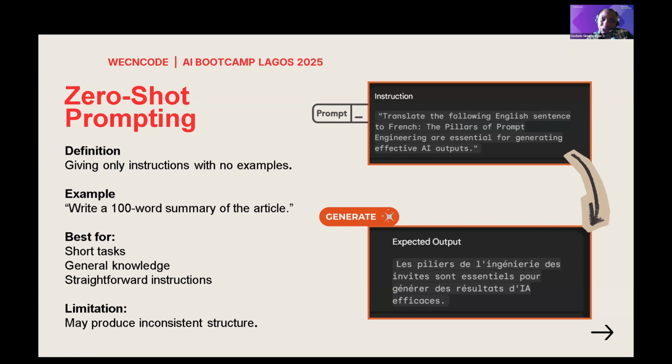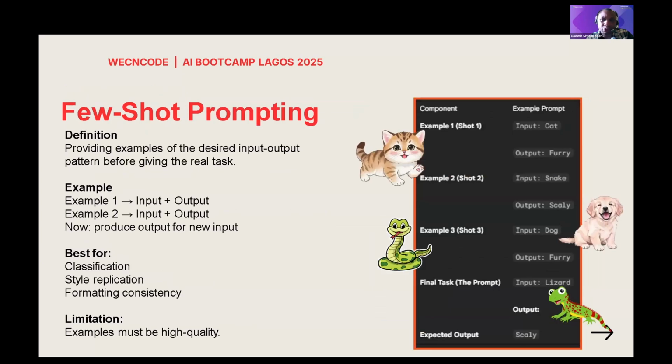So again, zero-shot prompting, just instruction, no example. So we go to few-shot prompting. You are providing examples for the large language model, and then it uses those examples and gives you a result. So for example,